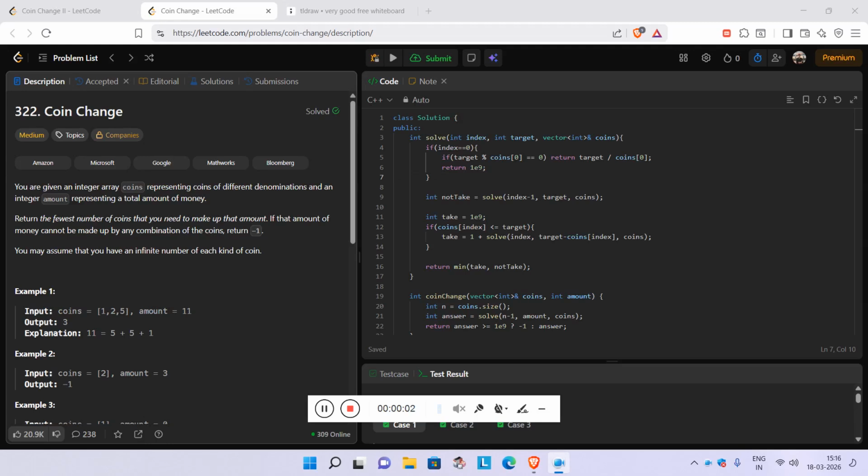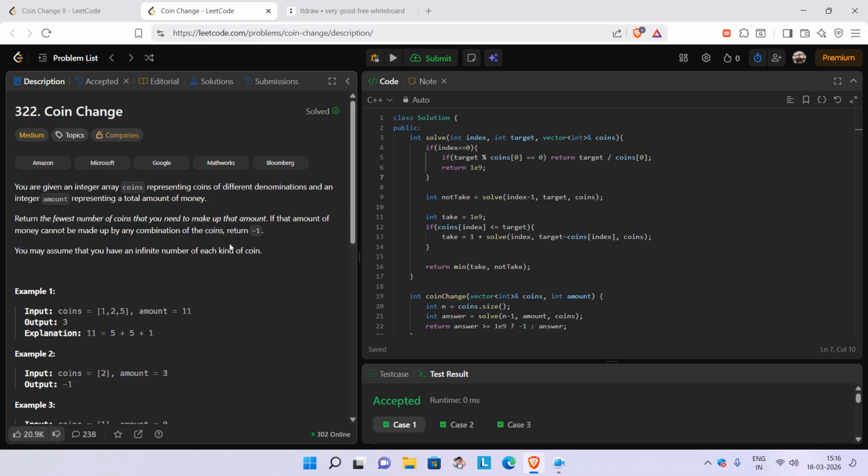Okay, so this is LeetCode number 322, Coin Change. So what's given in the question here? We have an array given, named coins, in which we simply represent the different denominations present here, and an amount. We have to return the fewest number of coins that you need to make up